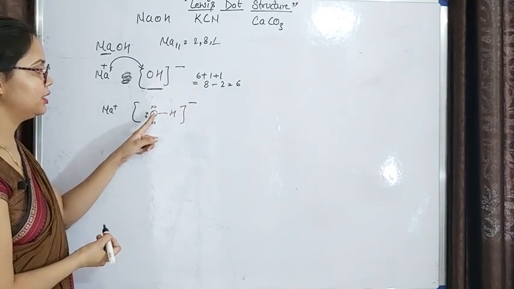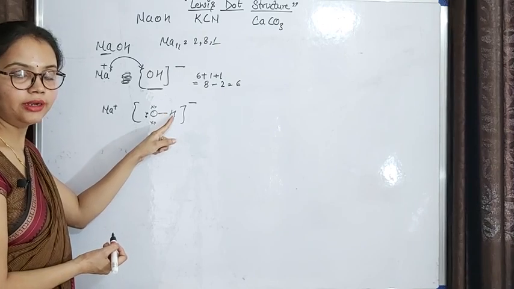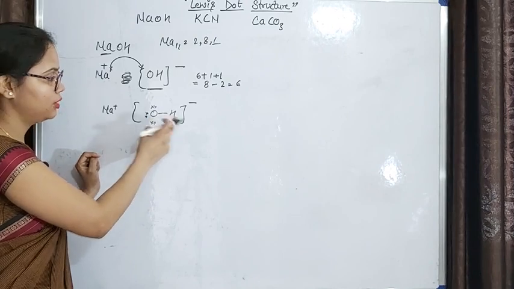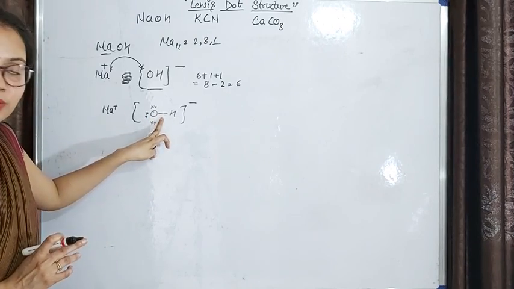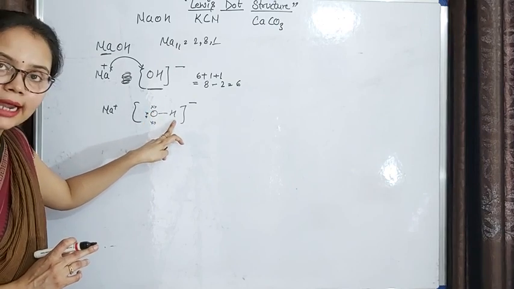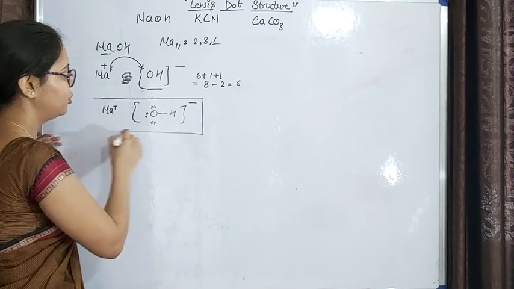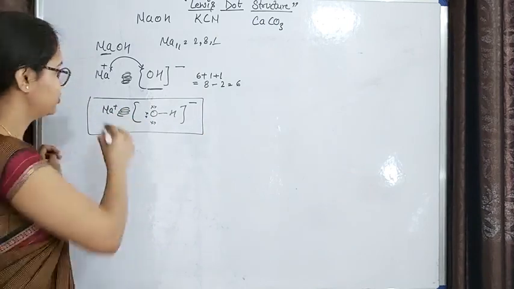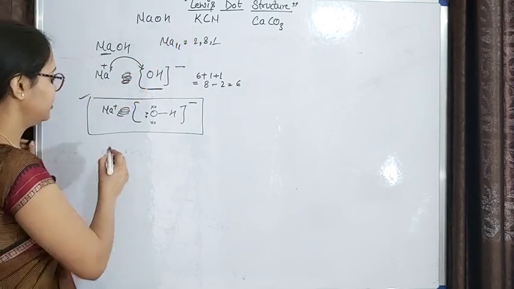You can see here that oxygen has 6, 7, 8, and hydrogen has completed its duplet, 1, 2. It requires only 2 electrons, so it has 2 electrons. In this way a covalent bond is present between the oxygen and hydrogen atoms. So in totality we can say that in this molecule electrovalent as well as covalent bond is present. This is the first example of this category. Now let's talk about the second,